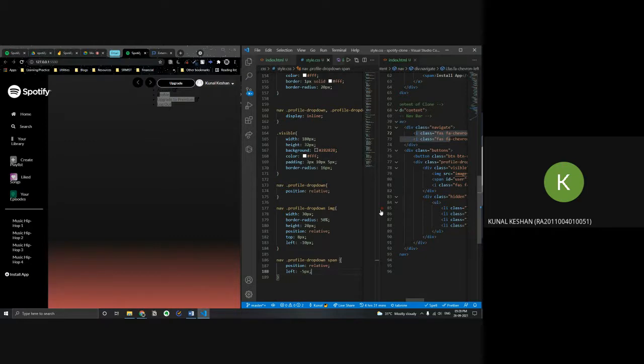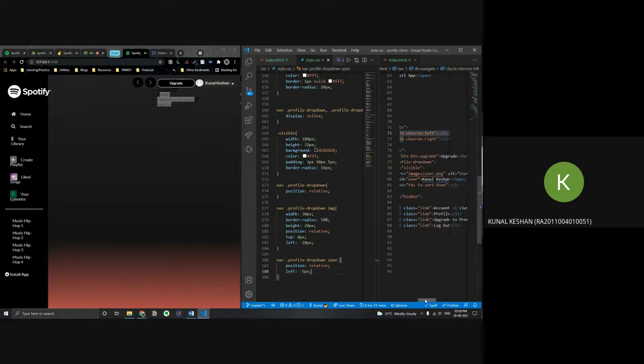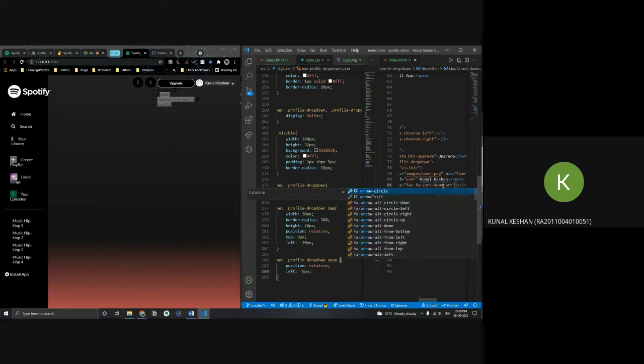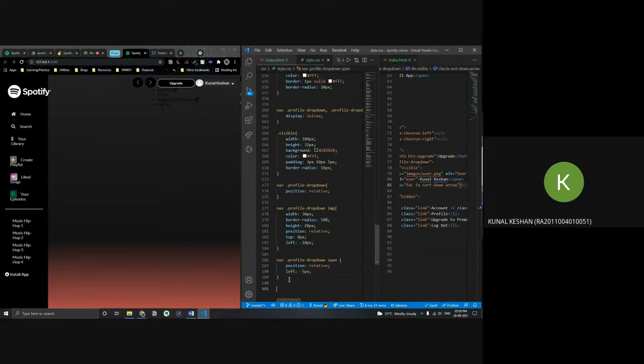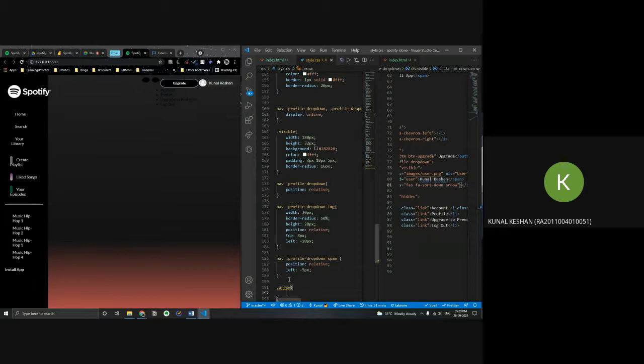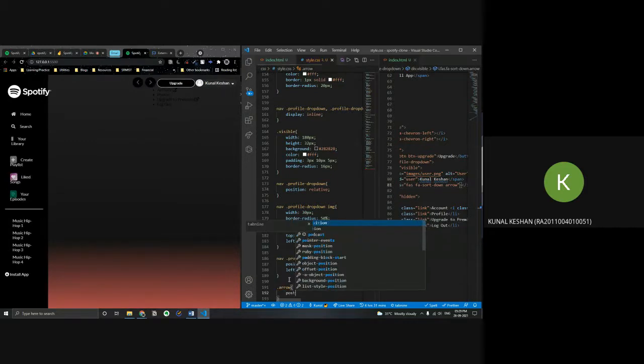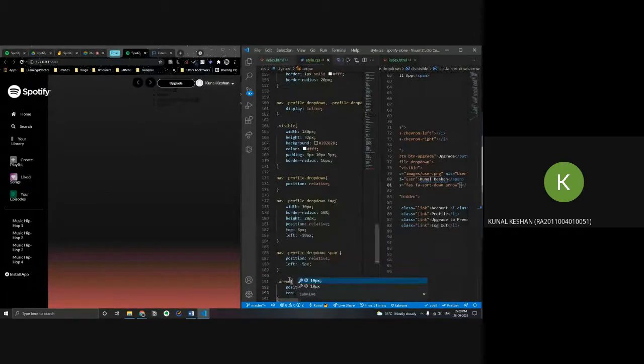Okay. And next is the arrow, right? So within, we'll just give it like a simple, this drop down arrow here. For now, we can just give it a class, maybe arrow, so we can style it or give it our own style. So dot arrow. Okay. This also we want it to be a little bit top, so position relative, and top, move it up by 2 pixels. Just like that.